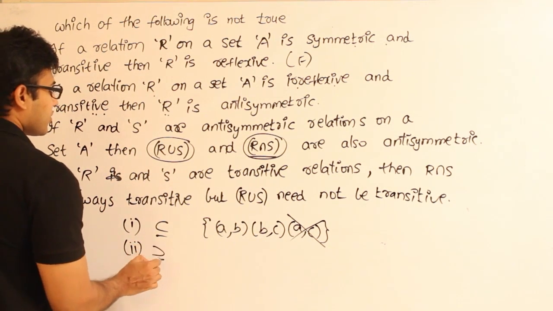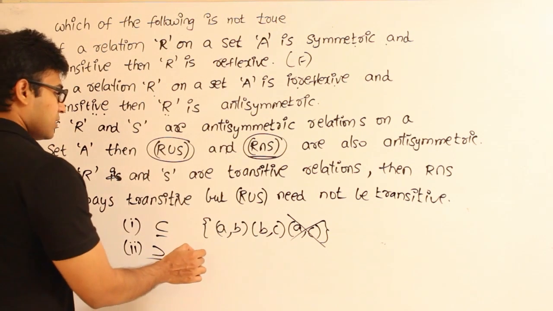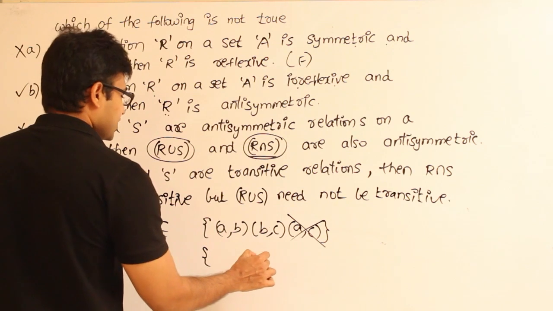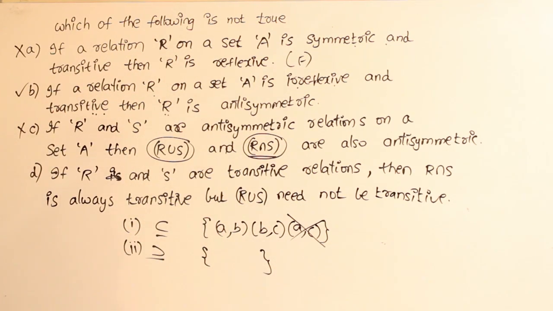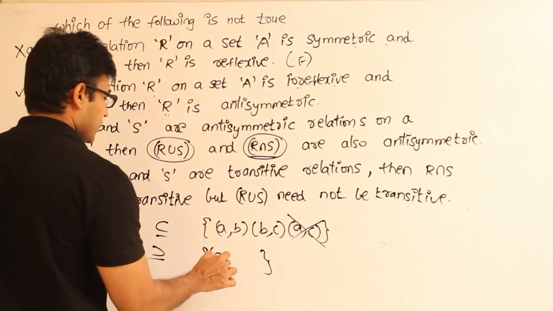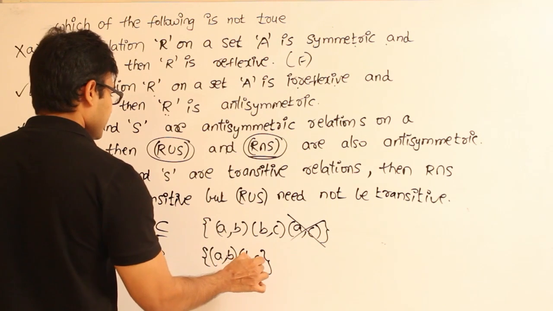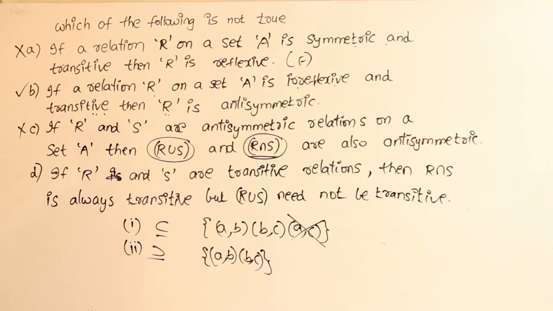What about the superset operation? Is it closed under the superset operation? Which means if I take a transitive relation, in fact the empty set is a transitive relation, and if I try to add some members, is the superset going to be transitive? It need not be. For example, if you add (a, b) and (b, c), this is enough to make it not a transitive relation. Now what about,